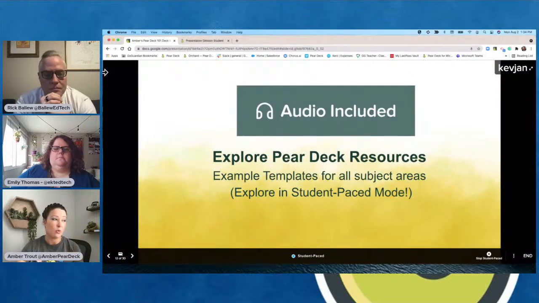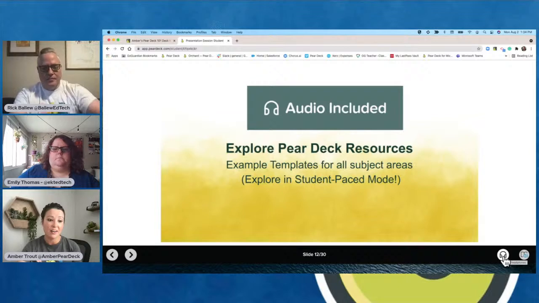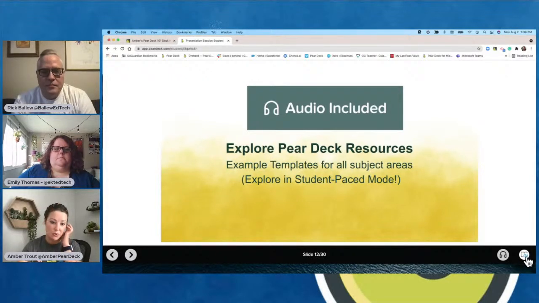Here's what you see, or what students see. You have arrows in the left-hand corner of your screen now. You didn't have those arrows before. Now you are the driver of the learning. You also have this little headphone, which is going to be the audio function for you to be able to go through and listen to audio that I've put in there. And you can also use Immersive Reader on every text slide. So I forgot to mention that, but Immersive Reader works on every text slide. So wherever there is text, it picks it up and it's able to read it to them.